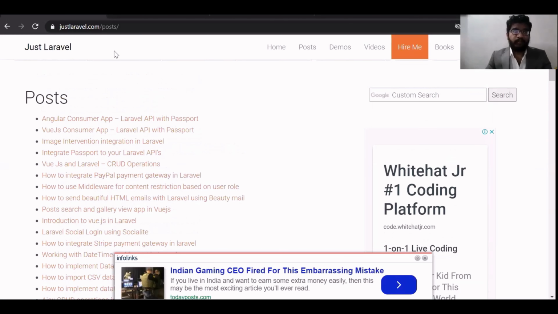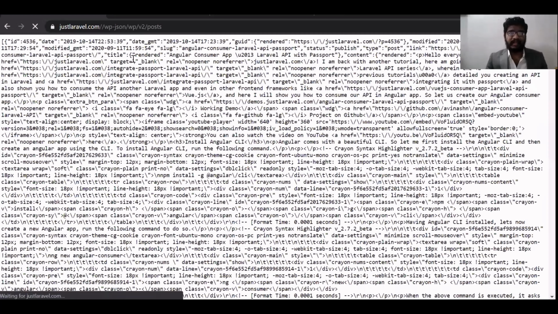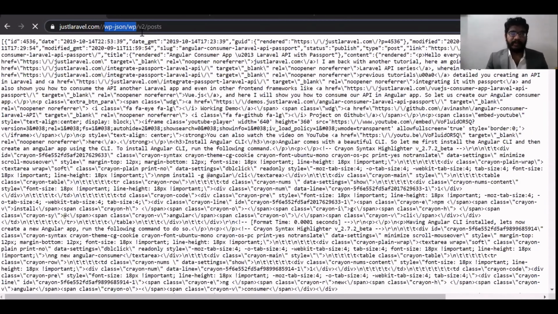So the endpoint for the API is this. This is the endpoint for any WordPress website. If the REST API is disabled, you will see this. This is the endpoint, that is wp/wp/v2/post. I have the JSON formatter extension in my Chrome. As I'm in incognito, it's not enabled. Let me just enable it.